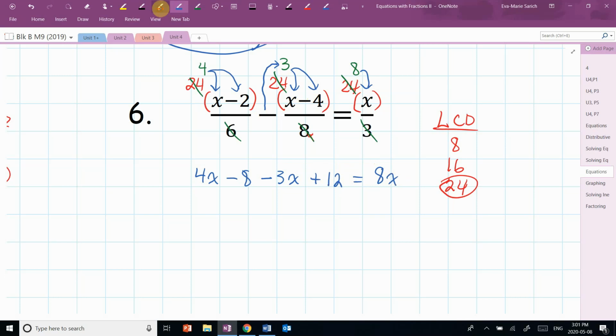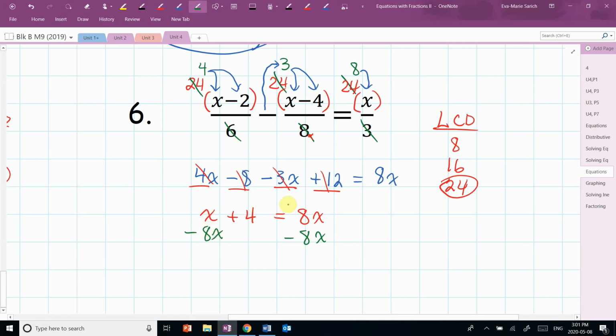Okay, now we need to gather any like terms. So on the left side, we got 4x's minus 3x's. That gives us an x. We've got -8 and we've got positive 12. So that's going to give us +4. And that's going to equal 8x's on the right side. So now we need to get the 8x's onto the left, so we're going to subtract 8x's, find the x group on the other side of the equal sign, and subtract 8x's. Okay, that's going to give us x minus 8x's is